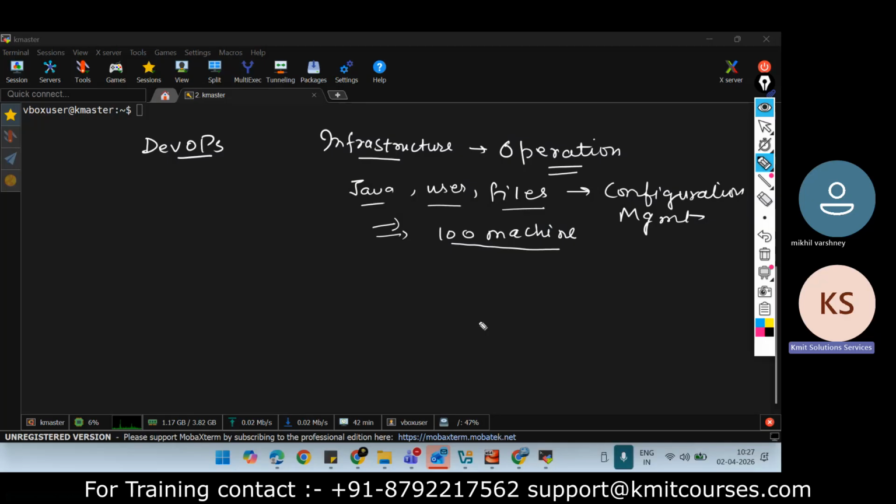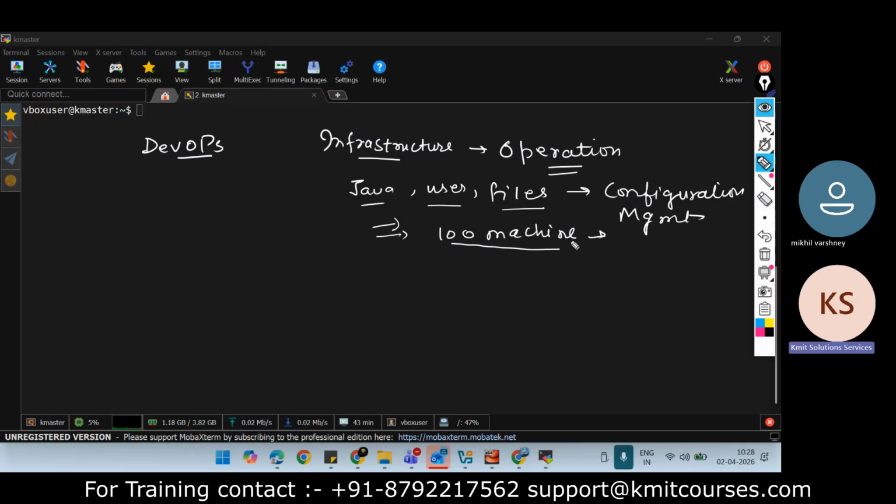Out of 100, maybe you missed 2 machines. And when your admin checks those 2 machines, he says, hey, Java is not installed, though you mentioned Java is installed. There is a lot of effort because more than 80% of the activity is manual. Maybe you are executing a script, but you need to remotely connect to those systems and execute it. It is time consuming, and there may be a chance of error.